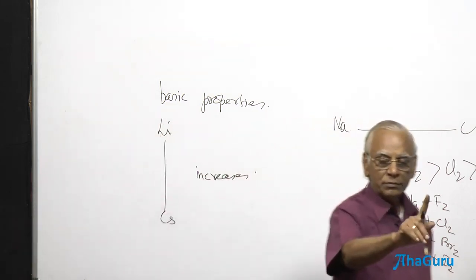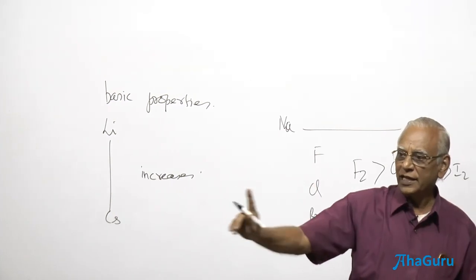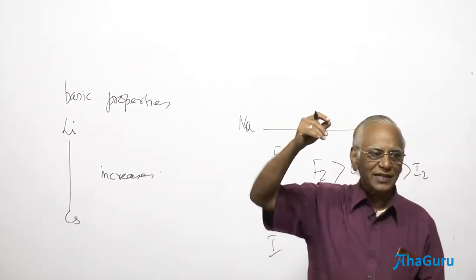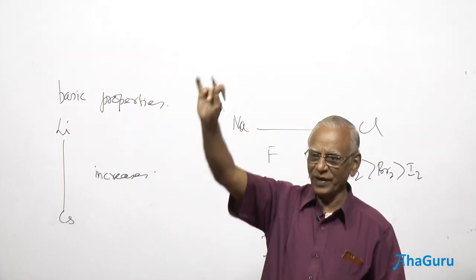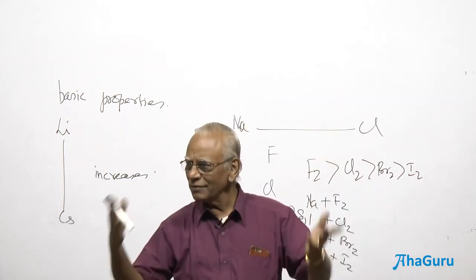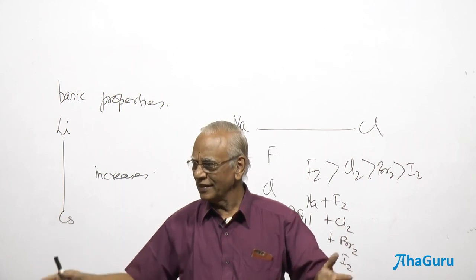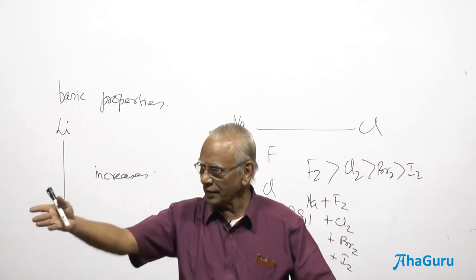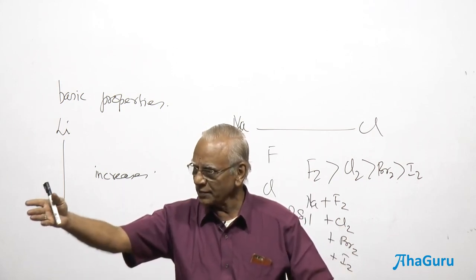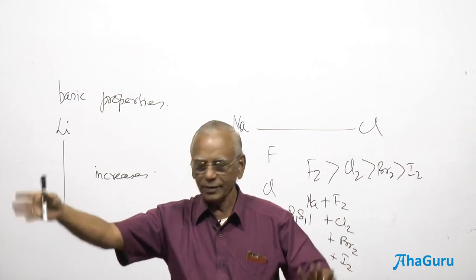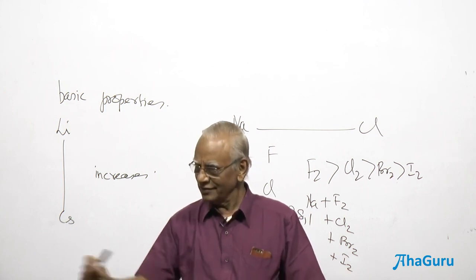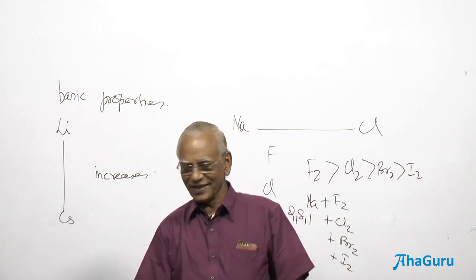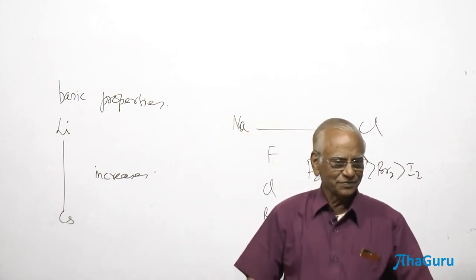Tell me one property associated with it. Why should it? Assertion and reasoning. It increases down the group. And what should be our second statement to make it as A? Ionization enthalpy is a property that is going to explain. Lesser the ionization enthalpy, greater the basic property or lesser the basic property? Greater the basic property. Lesser the ionization enthalpy, greater the basic property.